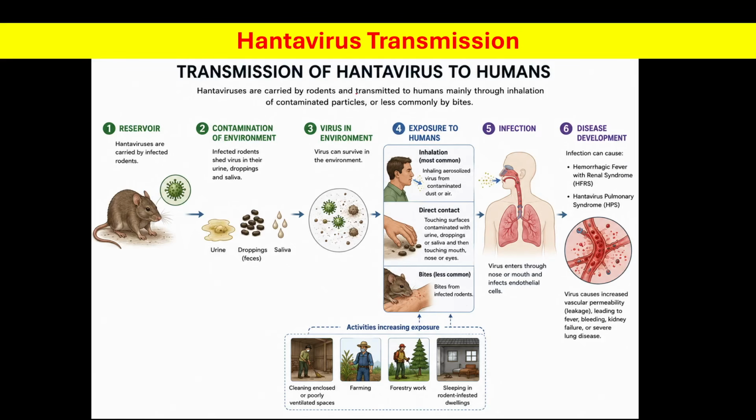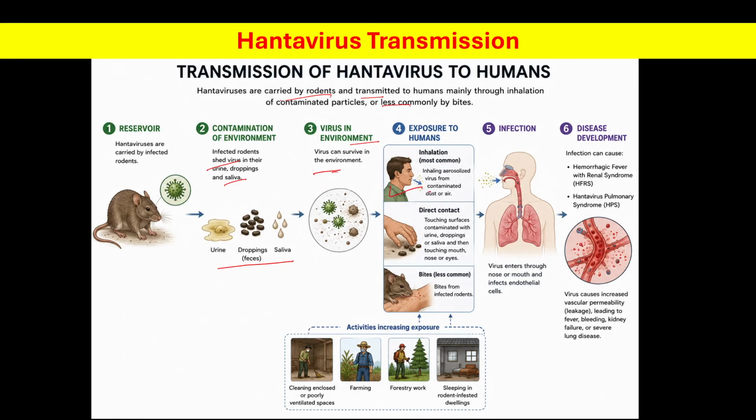Hantavirus transmission. Hantaviruses are carried by rodents and transmitted to humans mainly through inhalation of contaminated particles or, less commonly, by the bites of infected rodents. Infected rodents shed virus in their urine, droppings, and saliva. And these viruses can survive in the environment, and through inhalation of aerosolized virus from the contaminated dust or air,